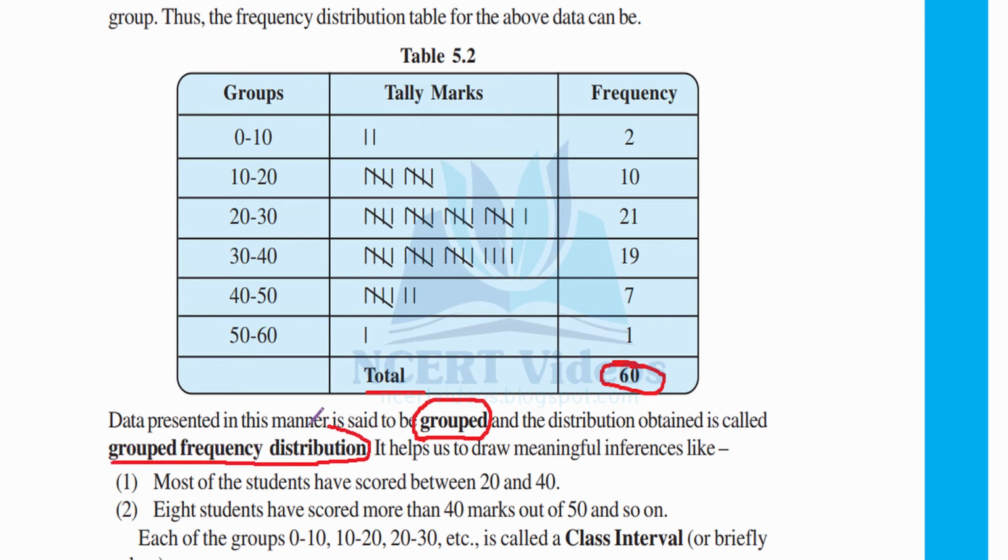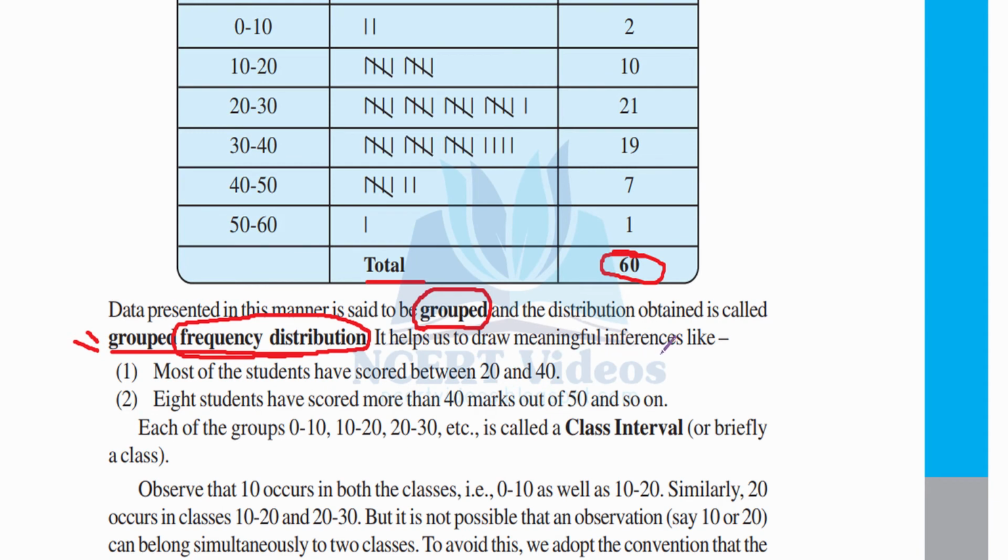We know very well about frequency distribution from our earlier discussion, but when we are considering groups, that is, we are categorizing in different classes, it will be called a grouped frequency distribution. So nothing fancy, just break all the words and you get the idea of what we are talking about. It helps us to draw meaningful inferences like: